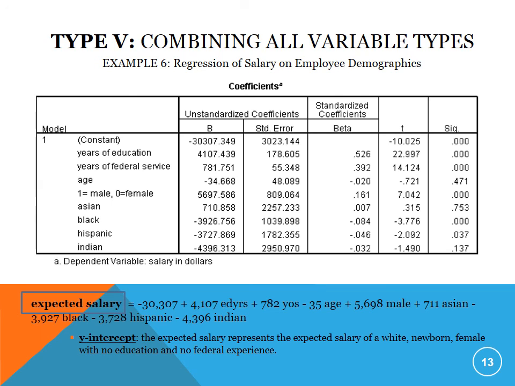So that's what your y-intercept is. Again, it makes very little sense here because a newborn would not be making a salary or be working in general. But that is what our y-intercept is. That's our baseline. And then we start